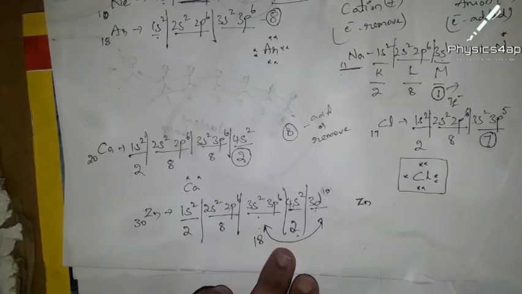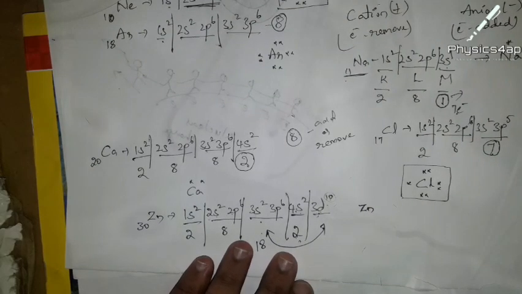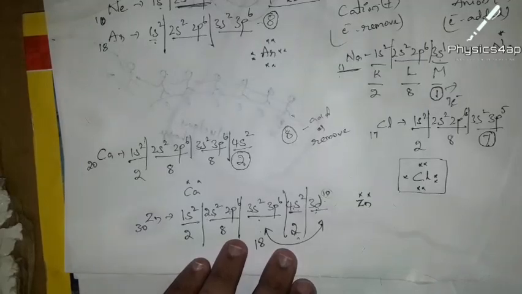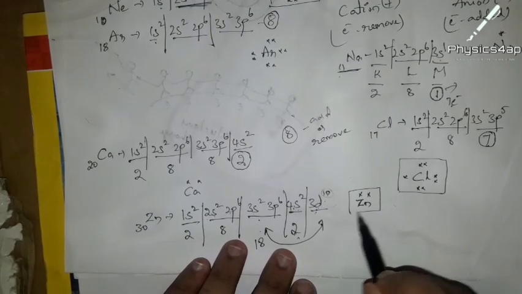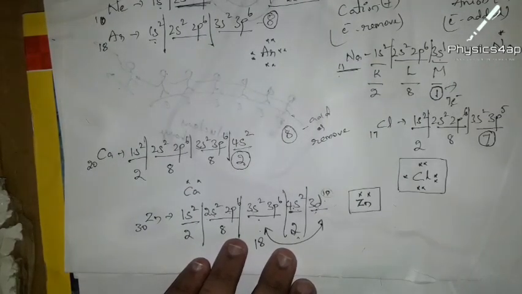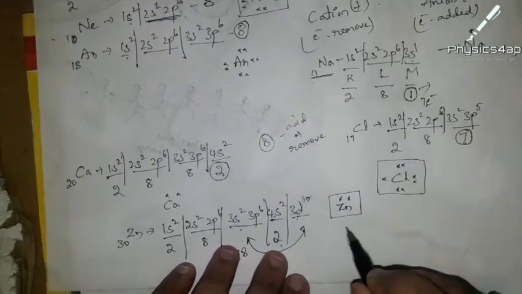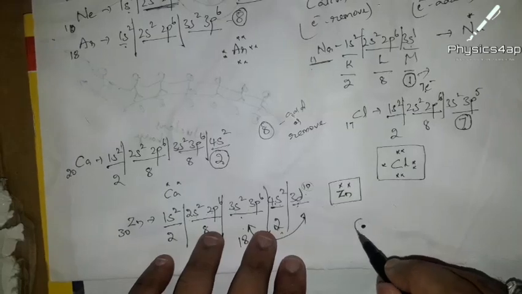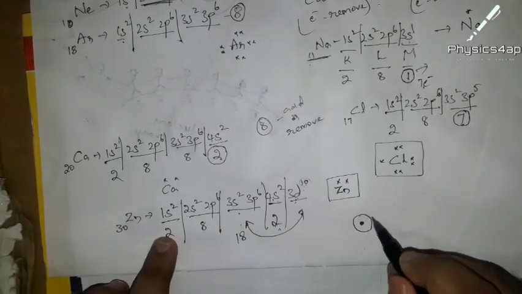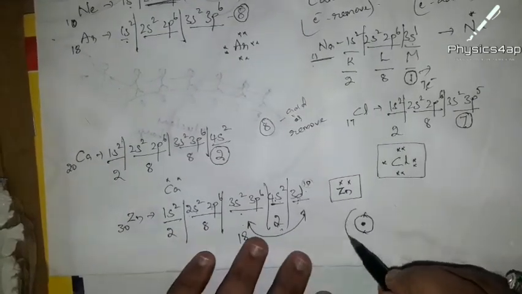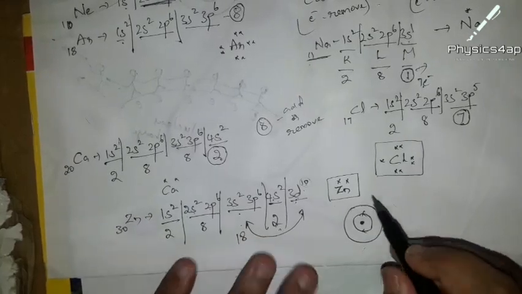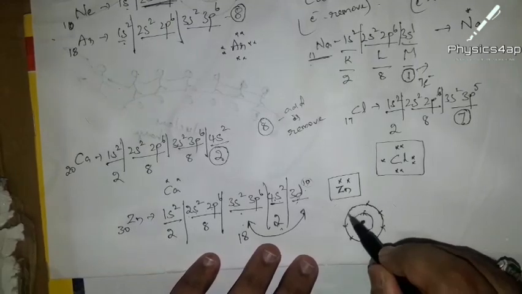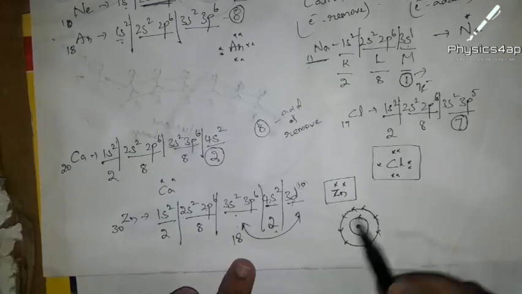Now how many dots do we have to represent around the zinc symbol? Yes, 2. That is 1 and 2. So this is the Lewis dot structure for zinc. At the same time, if you see the atomic structure over here, in the first shell we have 2 electrons, 1, 2, and in the second shell we have 8 electrons, 1, 2, 3, 4, 5, 6, 7, 8, and the third shell,